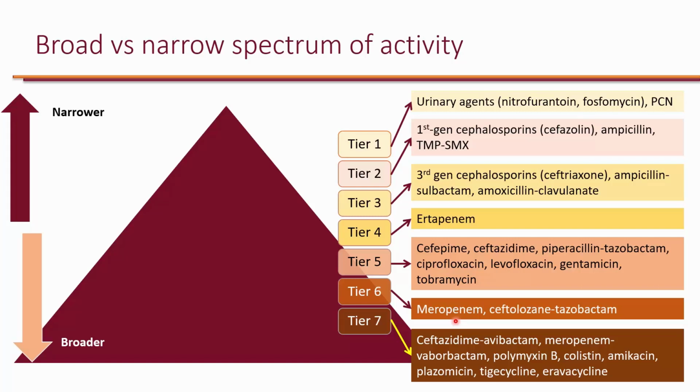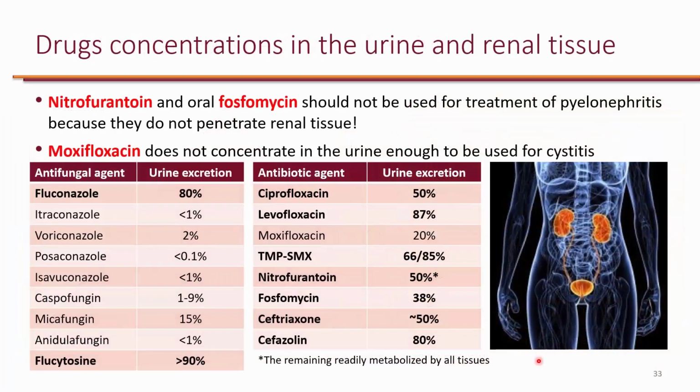And of course, the last tier, which is the broadest, is actually agents that are active against carbapenem-resistant Enterobacteriaceae. So when carbapenems don't work, these are the options. So these should be reserved as a last resort. Another thing to keep in mind when selecting agents for treating urinary tract infection is penetration to the site of